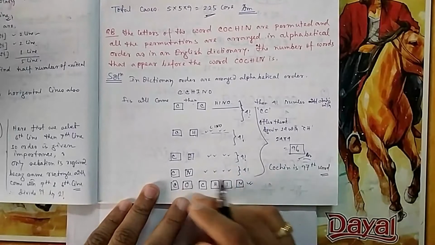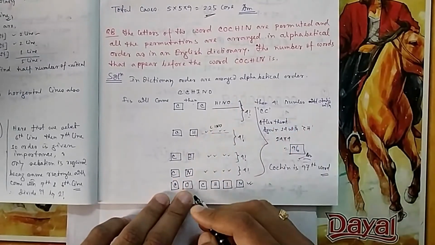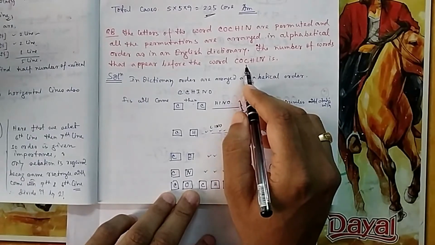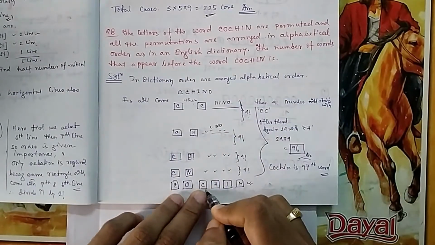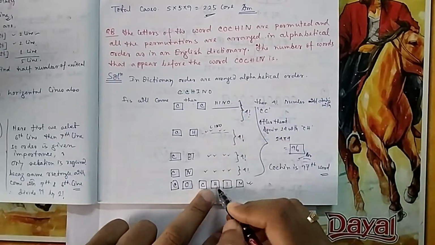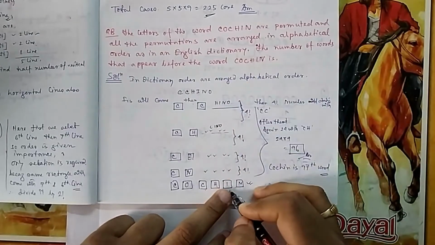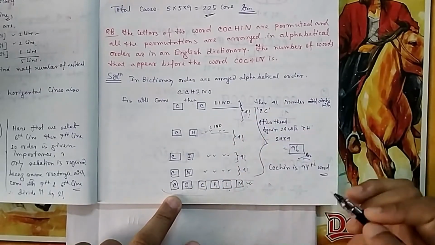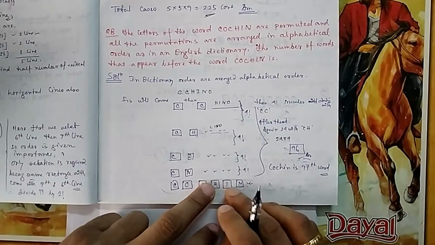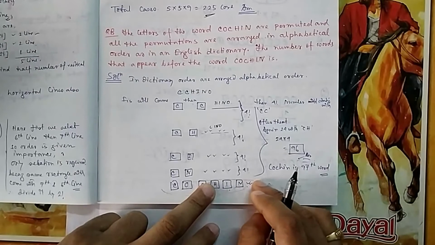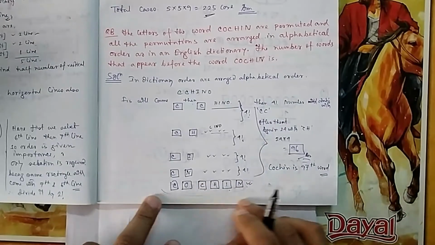Now once O comes, you think, because CO is what we need. After O, which one will come? After O, again the alphabet which comes first is C. So that will come. After C, you think what the next one was? H. After that, out of I and N, I will come first, then N. So ultimately you got Cochin out of all other combinations. After all these combinations, suppose somewhere you are not getting it, suppose it is NI, so you stop, count how many words there are with NI, then go to the next word and see whether Cochin is available.